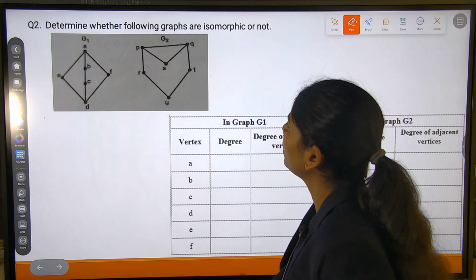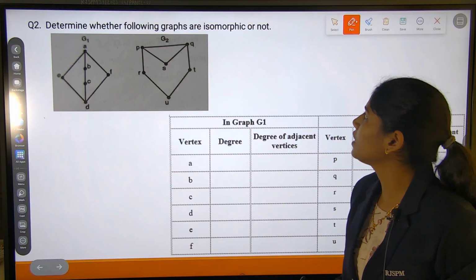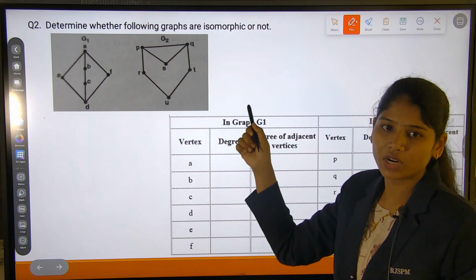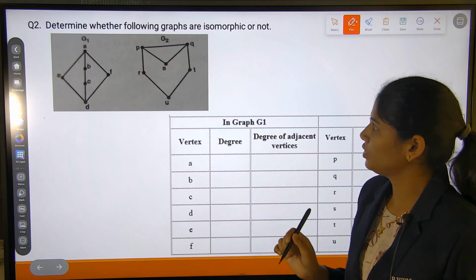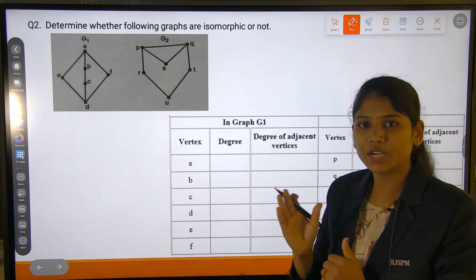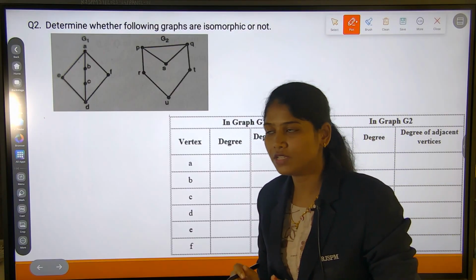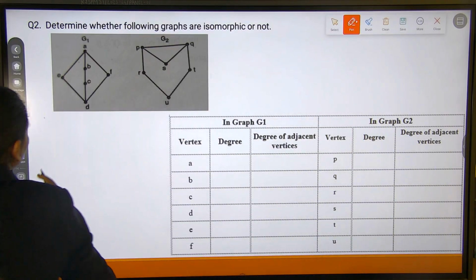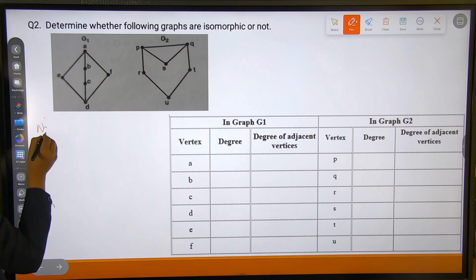Now, we can determine whether the following graphs are isomorphic or not. There are two graphs given, G1 and G2. So, the first condition is that we have to check the number of vertices in G1 and the number of vertices in G2. Check here the number of vertices